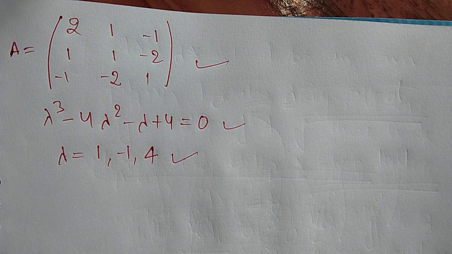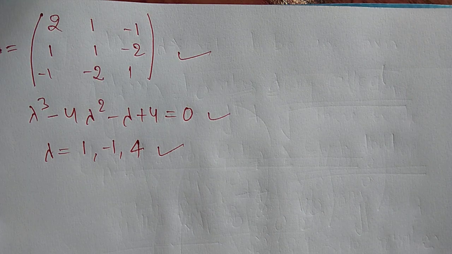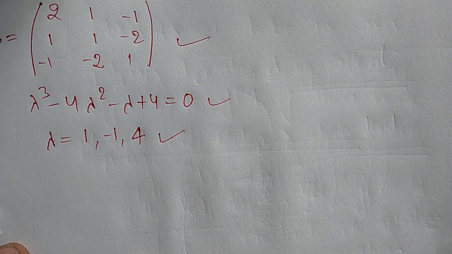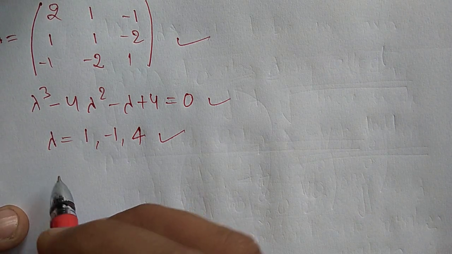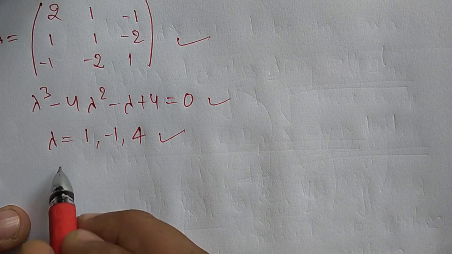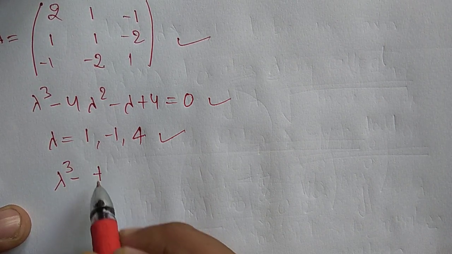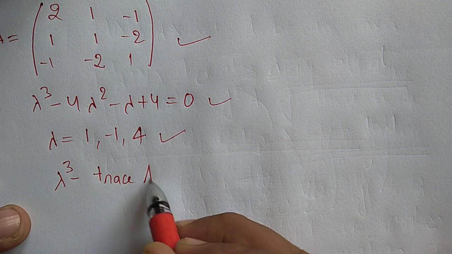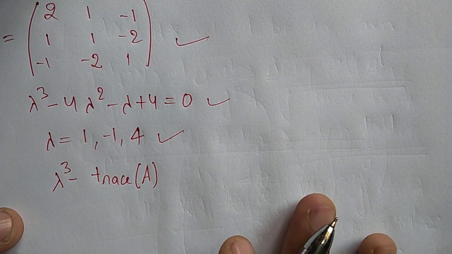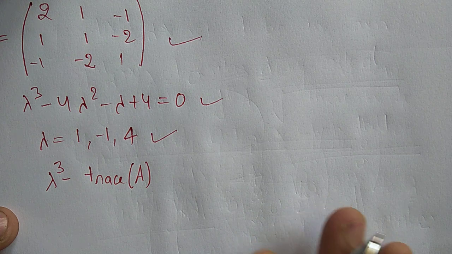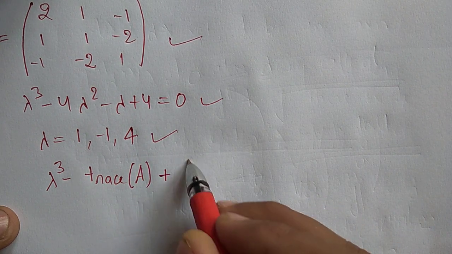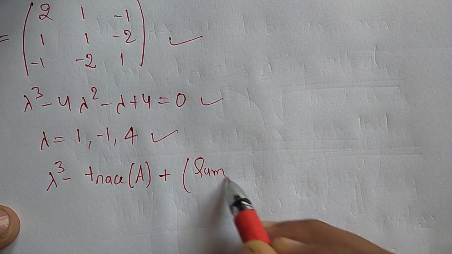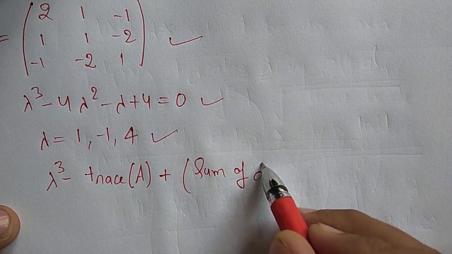We have one alternate method to find the characteristic equation. Without writing the determinant of (A minus lambda I), we can write the characteristic equation using this formula. If it is a 3 cross 3 matrix, we have lambda cube minus trace of A, where trace means the sum of the diagonal elements of the matrix, plus the sum of the diagonal minors, minus